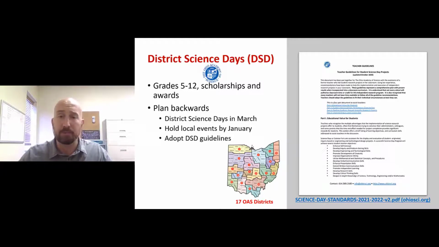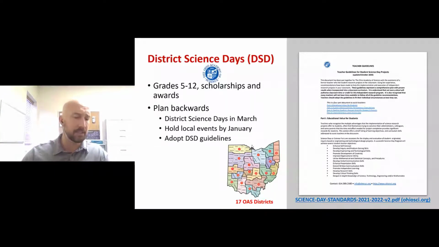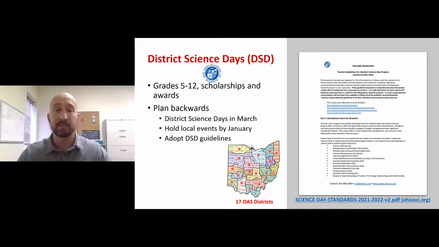Students in grades 5 through 12 are eligible to compete at the district level, and the Ohio Academy of Sciences manages the event such that there are awards and college scholarships tied to these events that students actually can compete for. These events are held in March, which means if you're planning a local event and you want your students